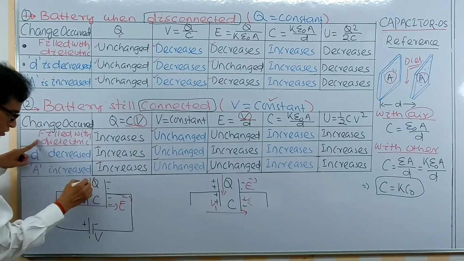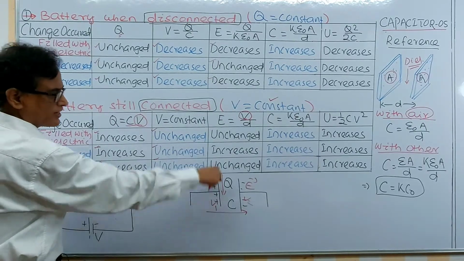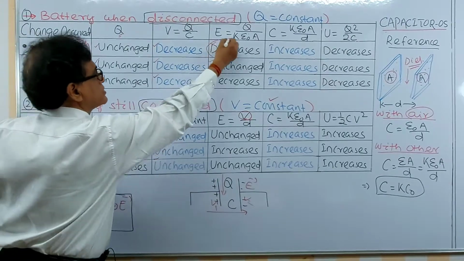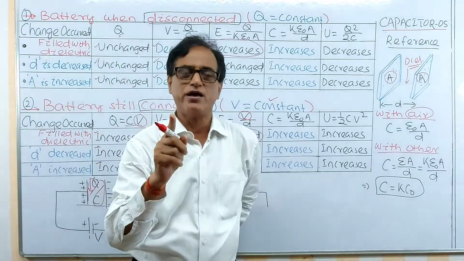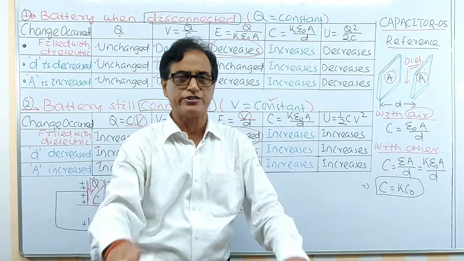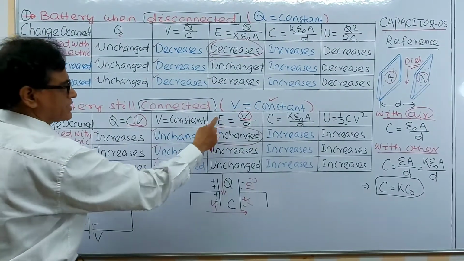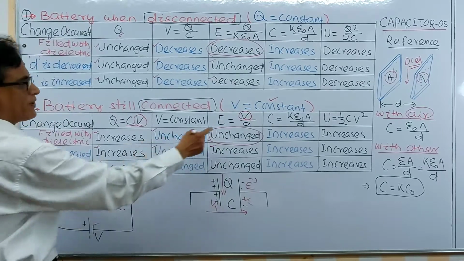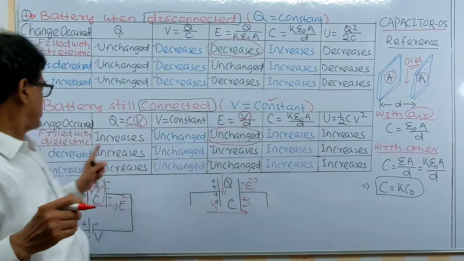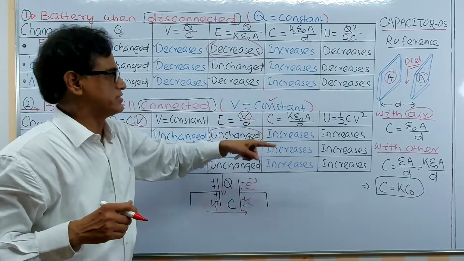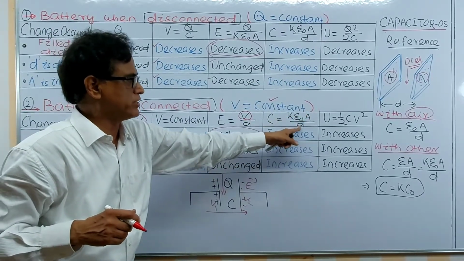That is the field with the dielectric when the battery is connected. But when the battery is disconnected and dielectrics are introduced, what happens? You can say this decreases. But here it remains unchanged. Remember this fact for MCQ questions of entrance examinations, it is very conceptual. Now what happens? Here the D decreases, E increases. The area factor, there is no area factor in the right hand side, so that remains unchanged. Now capacitance in almost all these three cases increases. Capacitance increases when K increases, capacitance increases when A increases, capacitance increases when D decreases.